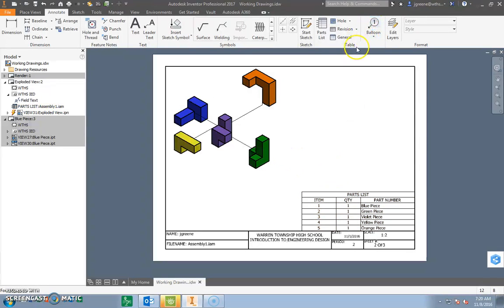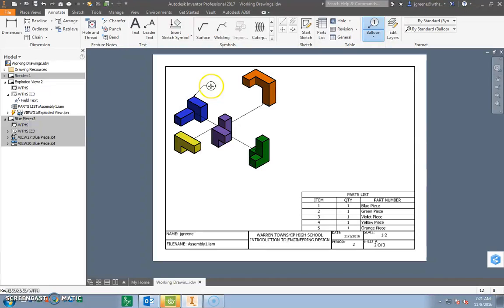So I'm going to go up here in the table panel again, and I'm going to select balloon. Then I'm going to go to each part, and I'm going to select the part and create a balloon for each one. Now wherever you start with your cursor, that's where it's going to start the arrowhead of the balloon. So I like going to kind of the edge and clicking, and you can see here it started in that corner. And I'm going to drag out, click once, and then I'm going to go to the left or right a little bit. In this case I'm going to go to the right, and I create a little angle